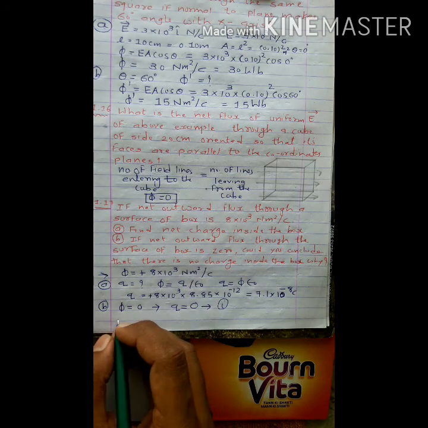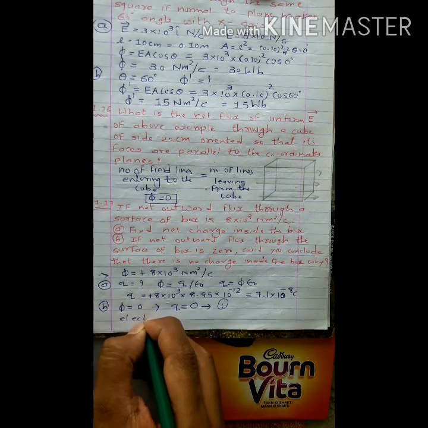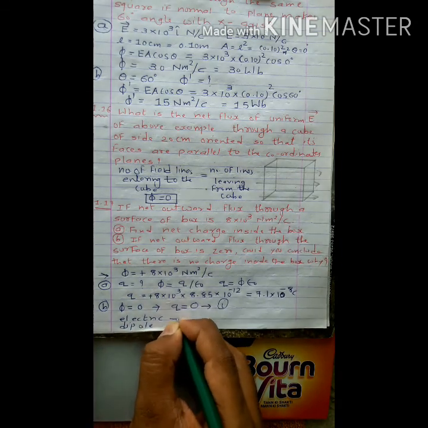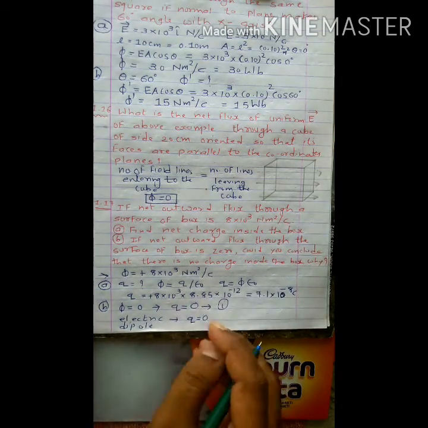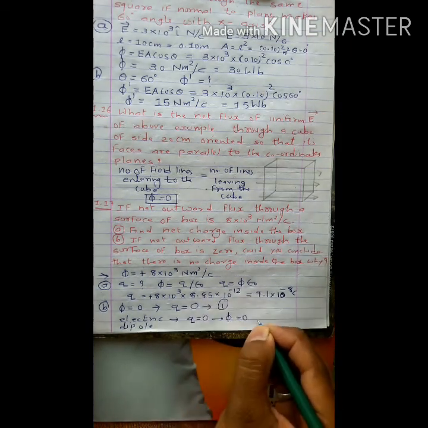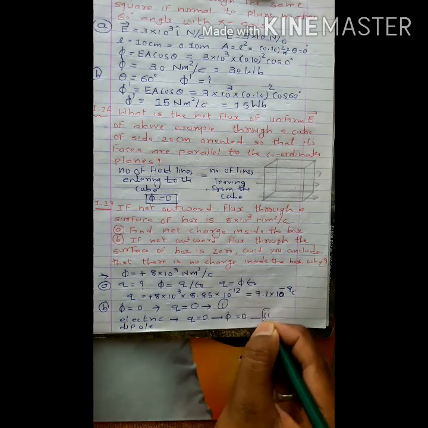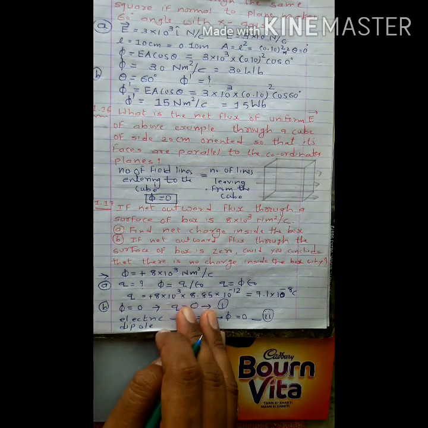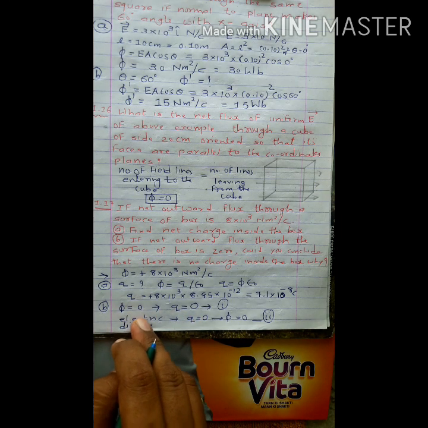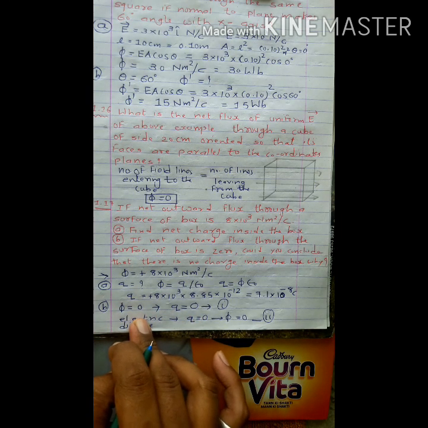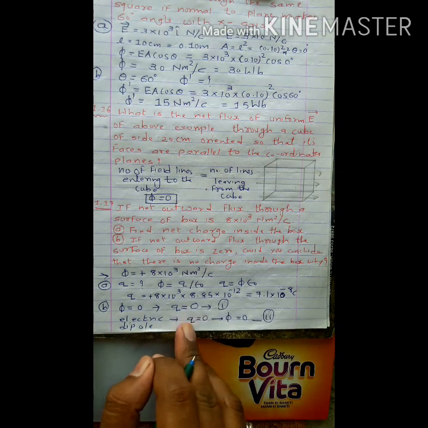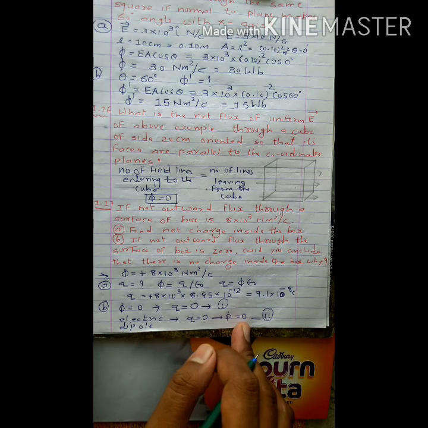Suppose we have an electric dipole inside the box. For an electric dipole, again the total charge inside the box is 0, so we can say that the total flux through the box is 0. This is our second situation. So if there is no charge, the flux through the box is 0, and if there is an electric dipole, meaning two equal and opposite charges, or more than two equal and opposite charges, again the net charge is 0 and the flux is equal to 0.